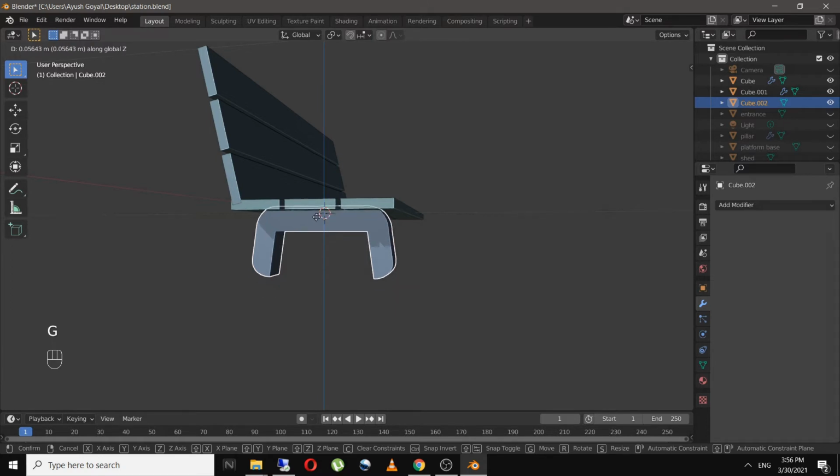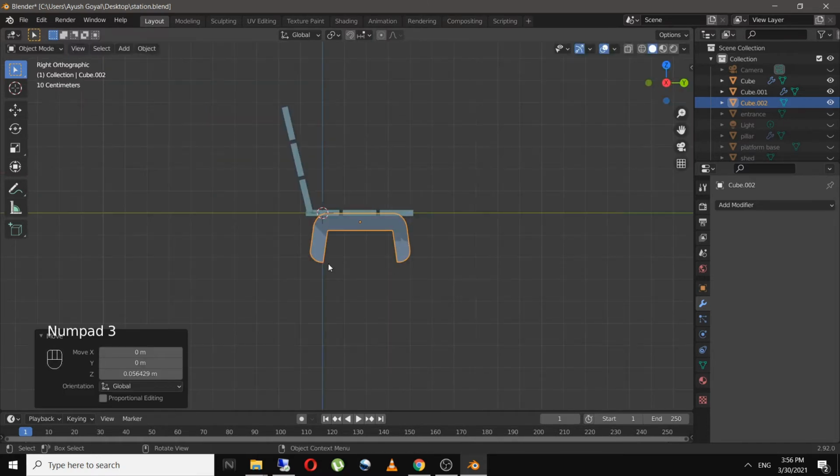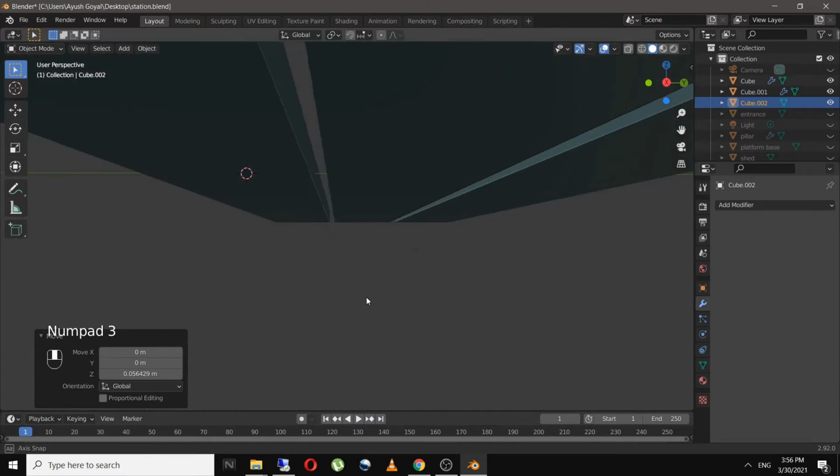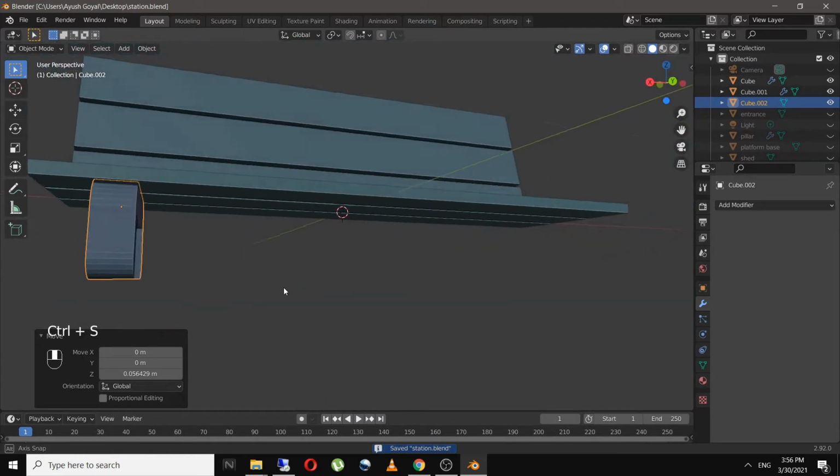And I will again put it in its position and add in an array modifier for the legs as well.